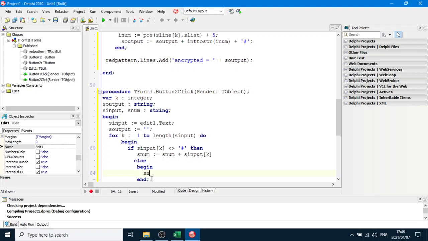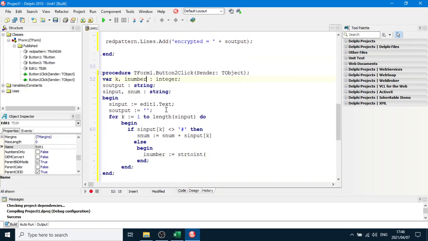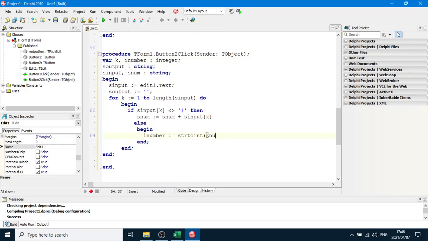I'll say snum equals string to int. Sorry, I must make an integer now. I number equals string to int snum, and then we will,